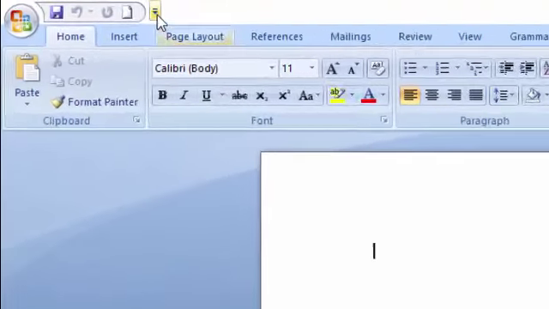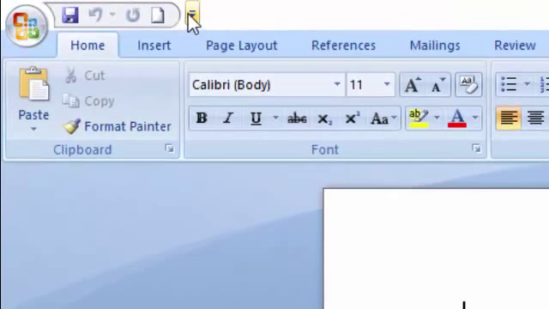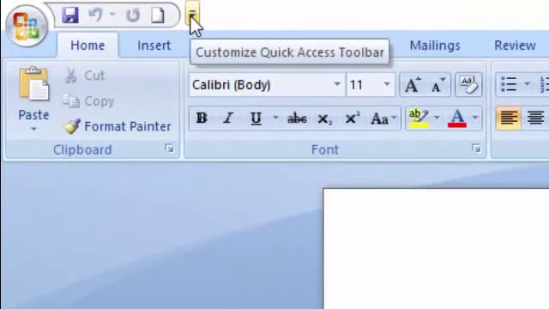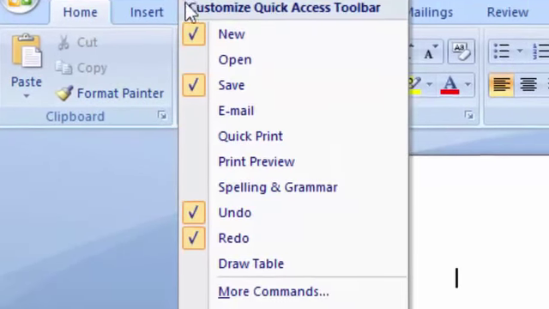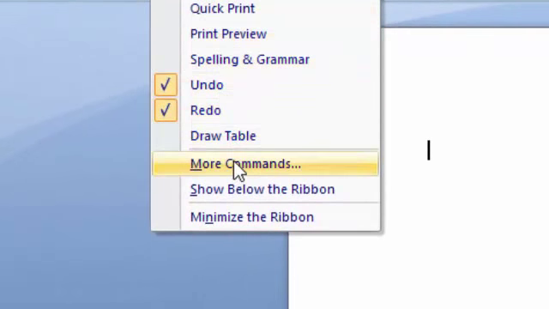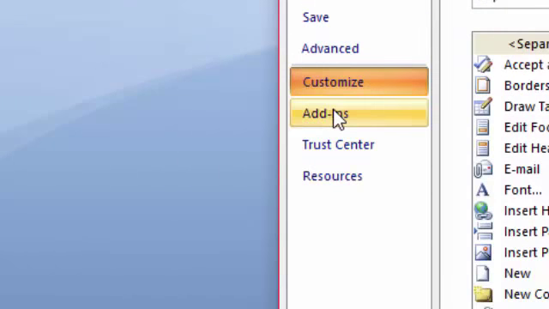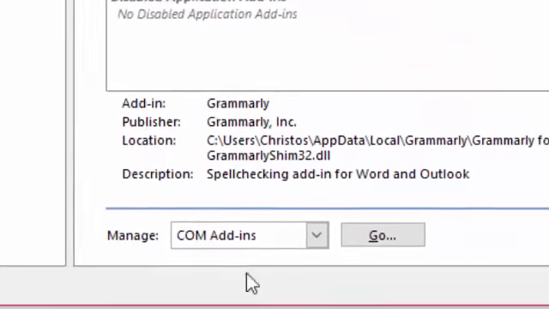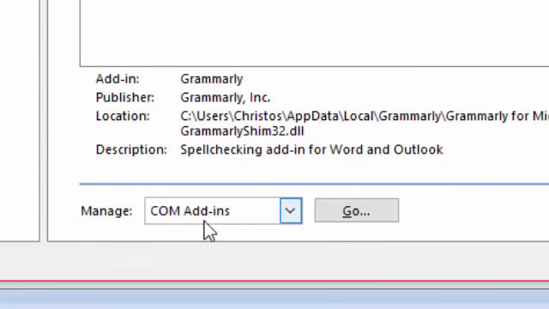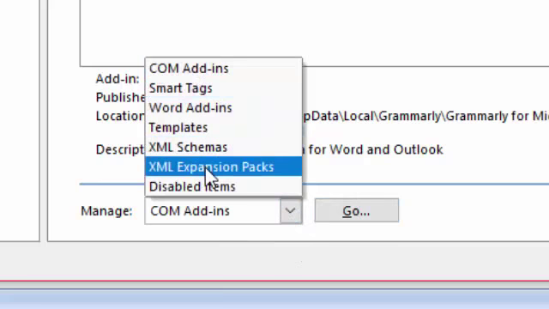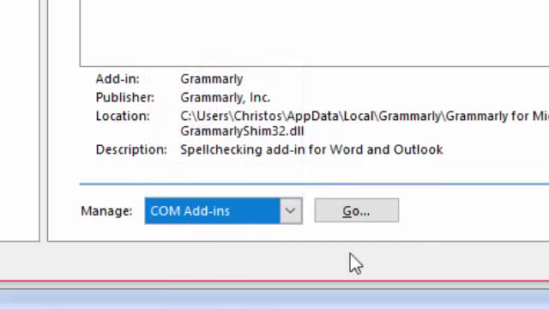or you can check here in the left hand corner. Click on this, more commands, add-ins, and under here manage, COM add-ins, nothing else, but COM add-ins.